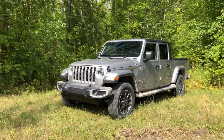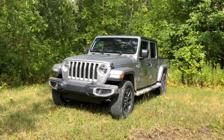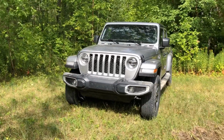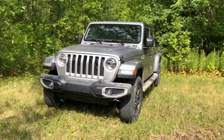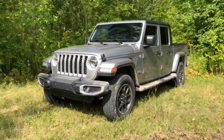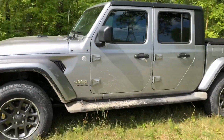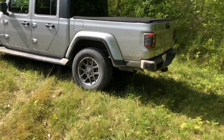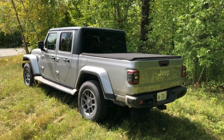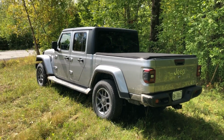Anyway, there is potentially another quasi issue with the Gladiator, and that's the fact that the Sport S, the base Gladiator, starts at $46,995. My Overland, still trail rated obviously, starts at $50,995. And the Rubicon, in my opinion the version you need to get, starts at